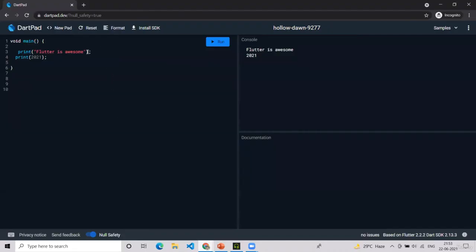What that means is if I write here, the next statement will print out a string, and then run it, you won't see this statement in the console because it's a comment.